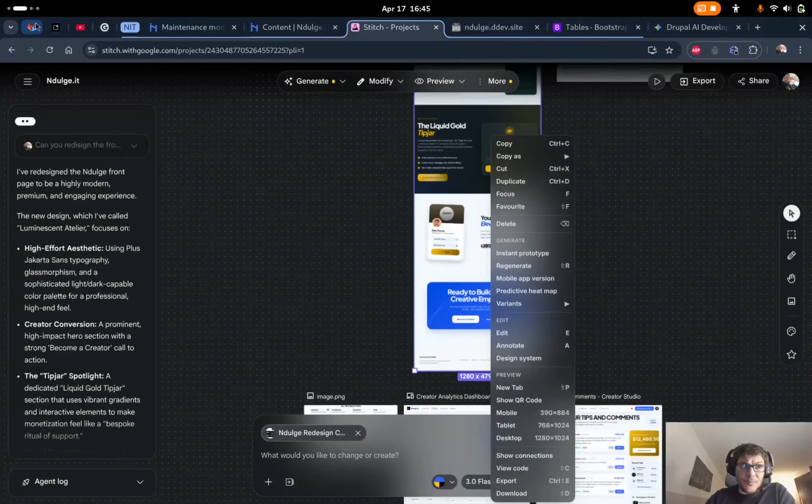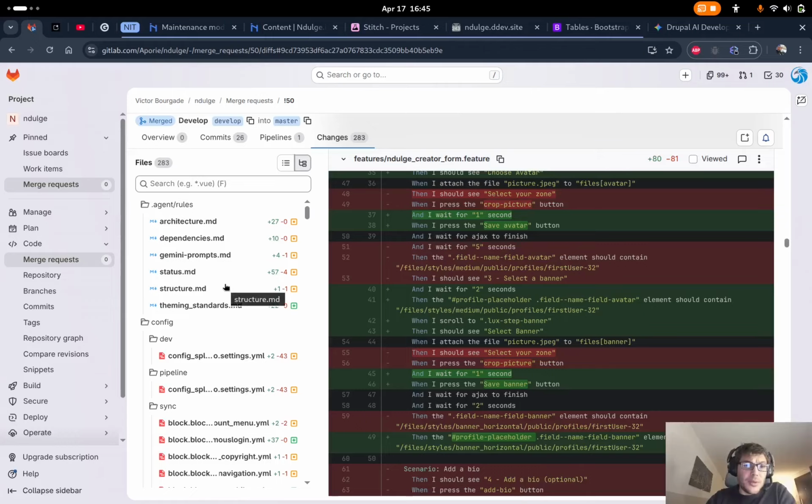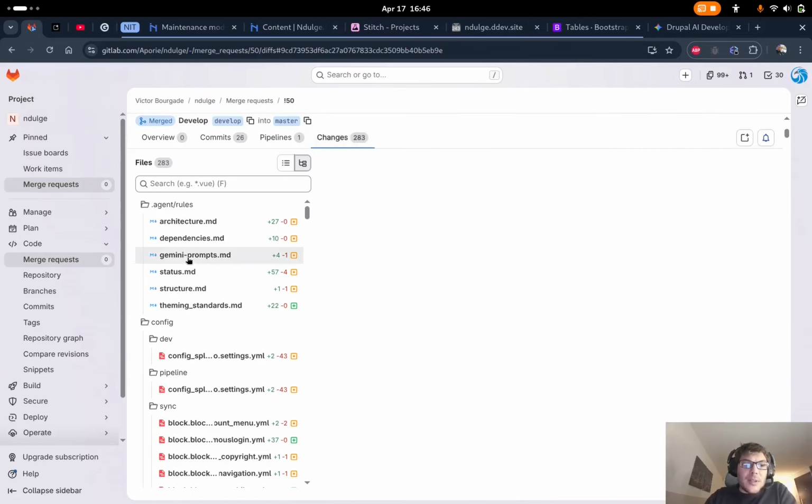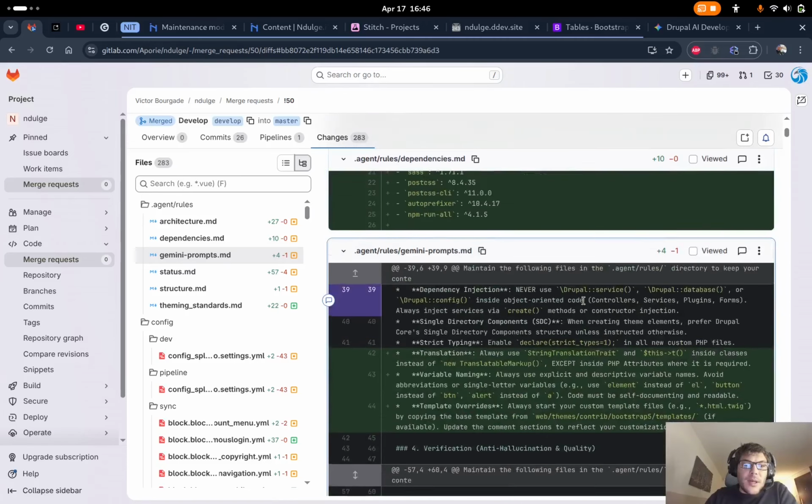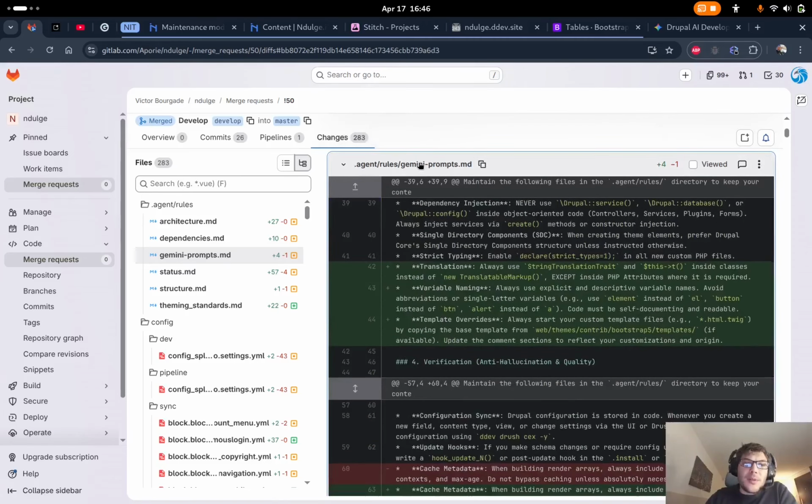So that's where I want to go. So maybe I can check out now because I'm starting with a Gemini prompt, okay, in the agent rules. Well, this file I would recommend, I mean, I recommend you use AI to generate it. What you want to do is